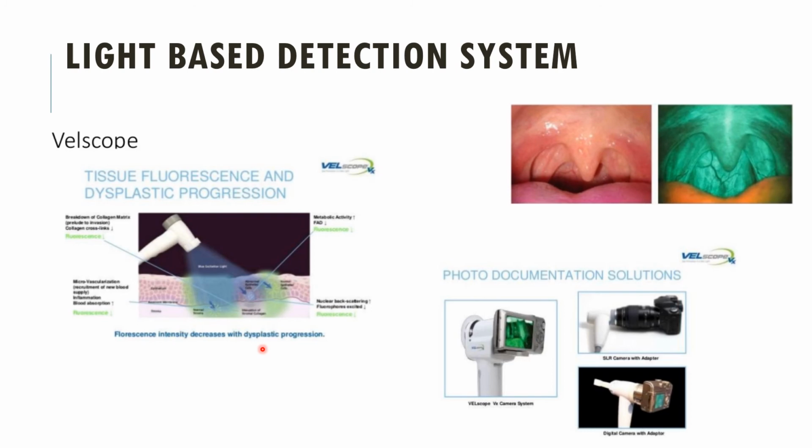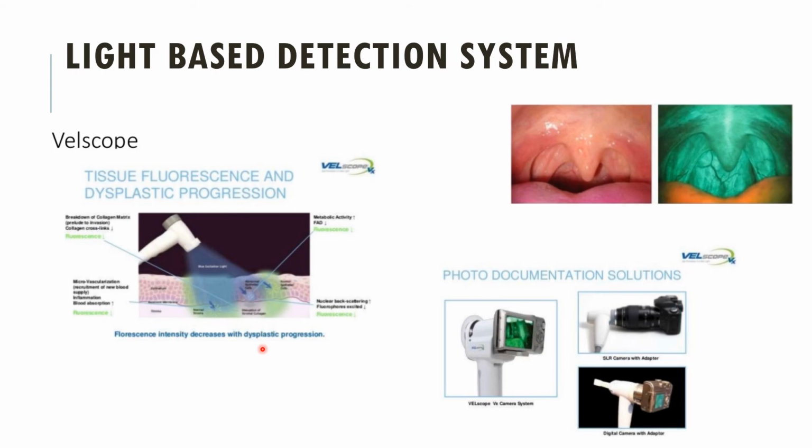First, the patient is asked to rinse the mouth with 1% acetic acid, and then the inspection of the oral cavity is done with blue-white light. The normal epithelium appears light blue, while the abnormal tissue will appear white under the blue-white light. This feature is for the VisiLight Plus and the Microflux DL.